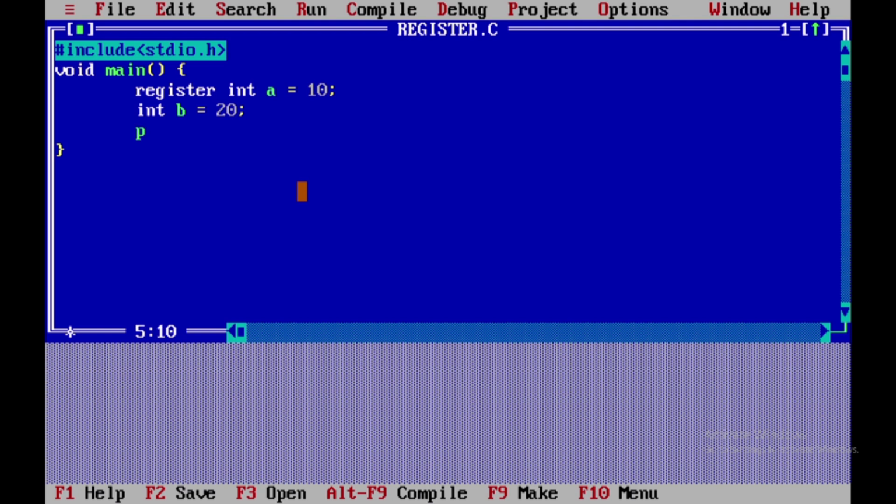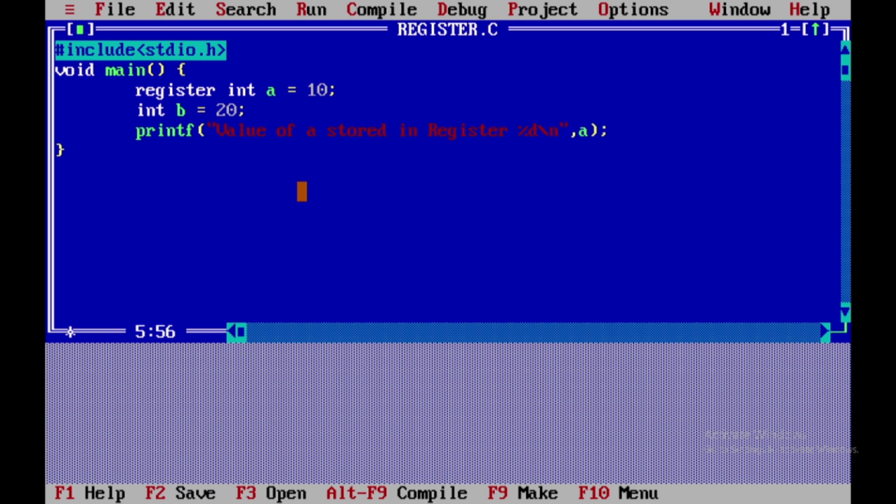So we can check here printf, value of a stored in register, understanding in register, %d, because it's an integer, and \n for the new line.